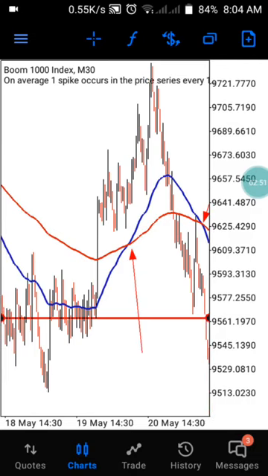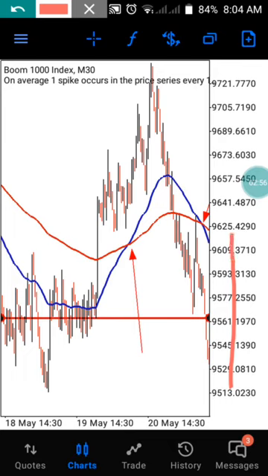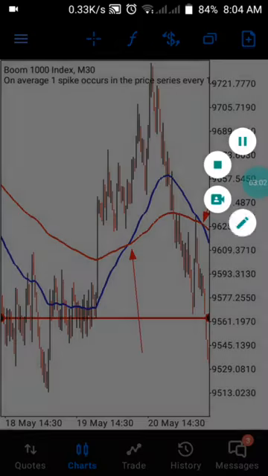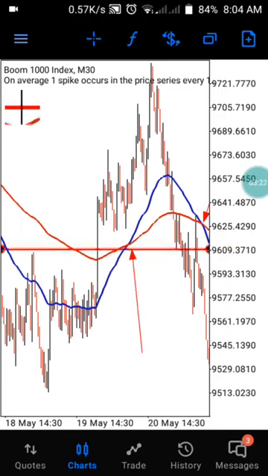Once you move it closer to the place, then you are going to be looking at the difference between this area. When we counted the last time, we know that from the upper areas to the last one here, we are having 14 in number. So we are going to be dividing by 2, which is going to be 7 for us. So we are going to be marking 7 out of it from the downtrend. So we have our 7 number to be like this. That's exactly where we are going to be placing our